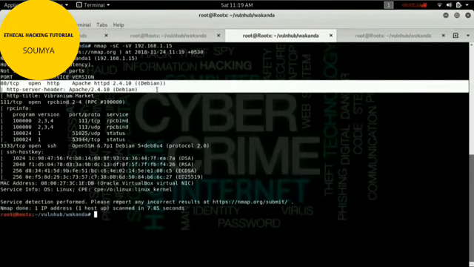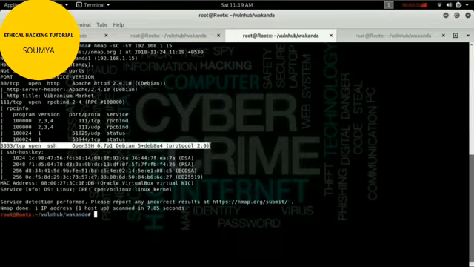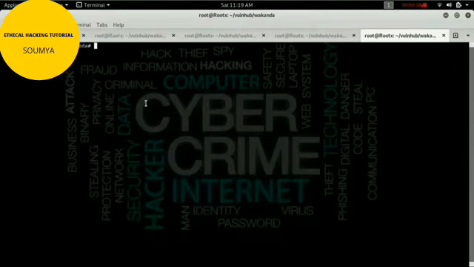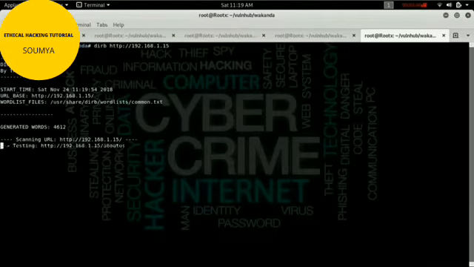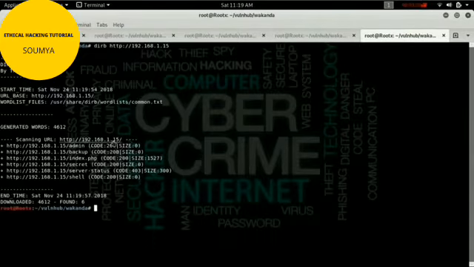We got port 80 open, and also SSH. SSH is on 3333, because the SSH default port is 22, but here they use 3333. Okay, no problem.